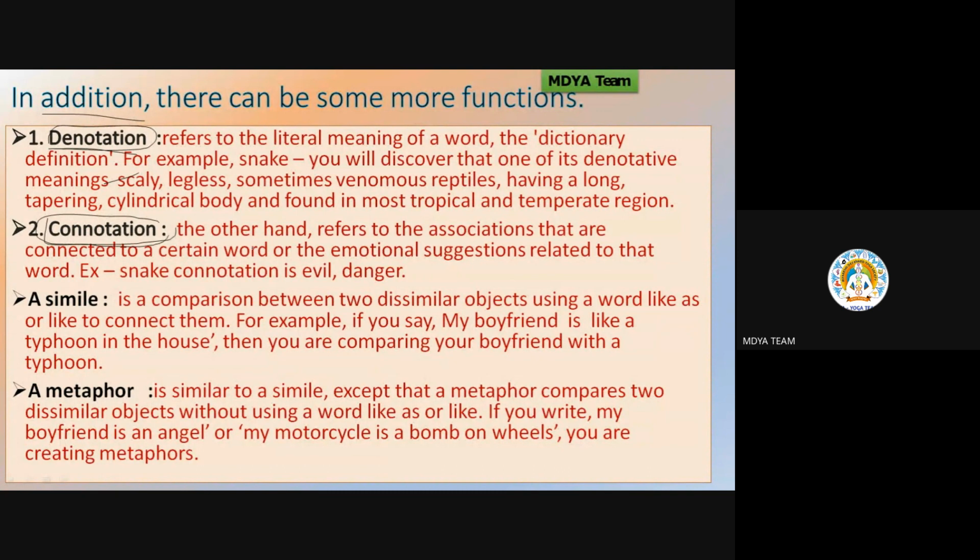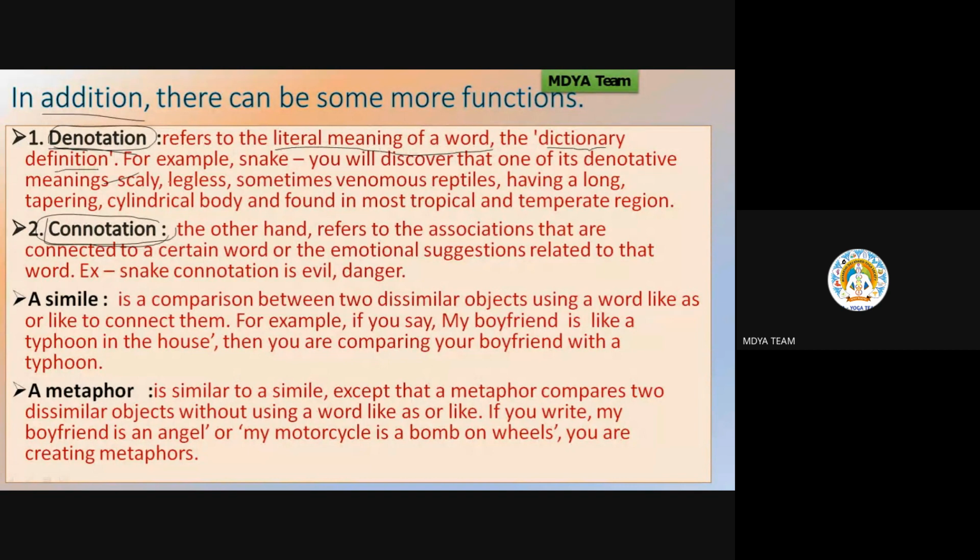But if you have a good relationship in the past with dogs, then you will say that dog is a good animal. They are good companions, and they are loyal, all these things you will say. So based on your past experience, your personal experience, or it can also depend on some cultural thing. If a culture thinks that dogs are good, or some culture thinks that dogs are not good. So denotation means the literal meaning of a word, the dictionary definition.